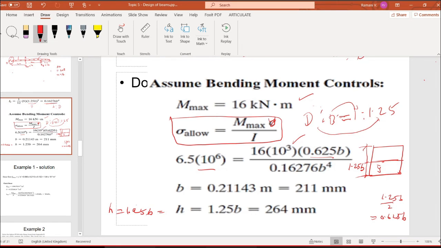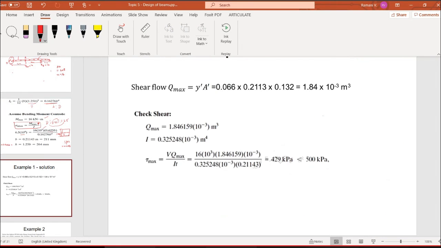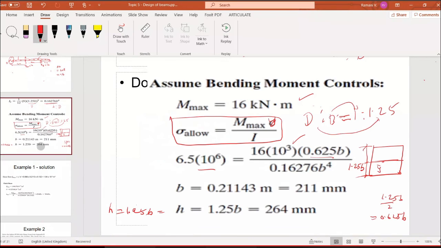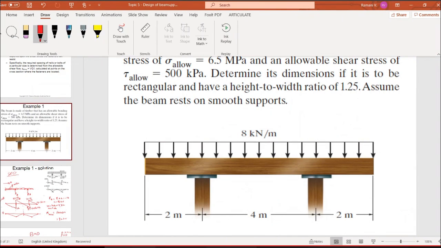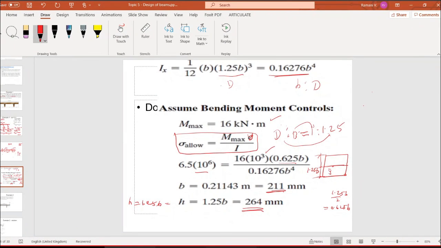And then next slide, you're following. We found one dimension, which is H, the depth, and the width of the section are found out. That is also the question, right? Find out the dimensions of this when the ratio is maintained like this. Final answer will be, we found the dimensions like this. The width of the member is given as 211 mm, and the depth is